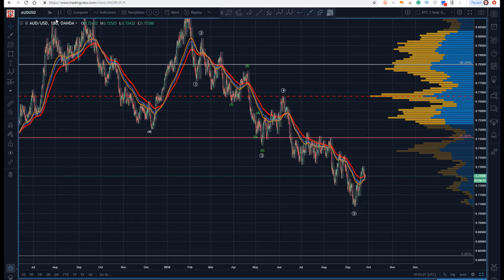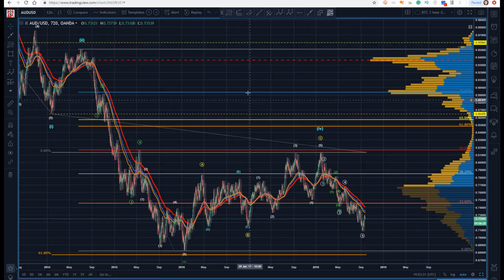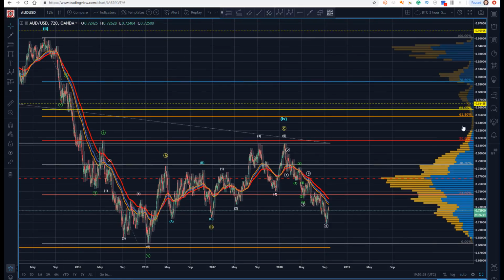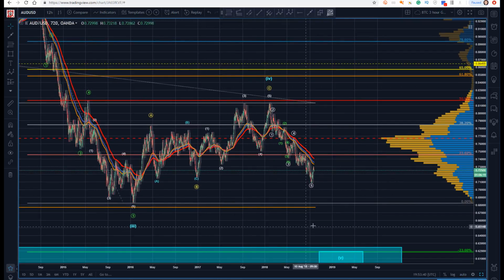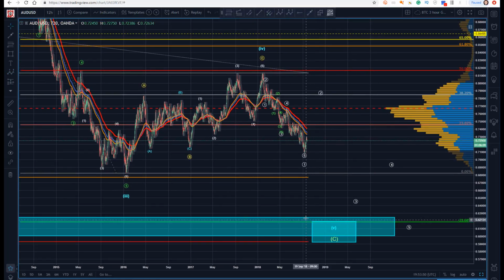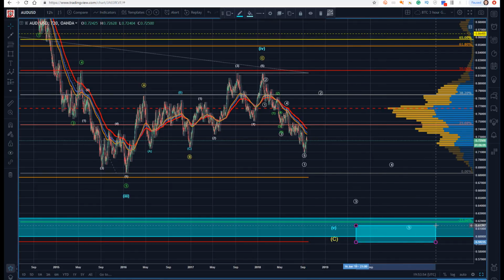So let me go back to, let's go back to a 12 hour. Okay, so if that's complete, if we have a completed move down here, well, let's think about where we are in the structure. So is there an alternate that I'm not considering? Well, what I see here is that this is just done a 1 wave, 2 wave yet to come, 3, 4, 5. Maybe this all has to slide over. All of this moves over. All right, as we get to this,